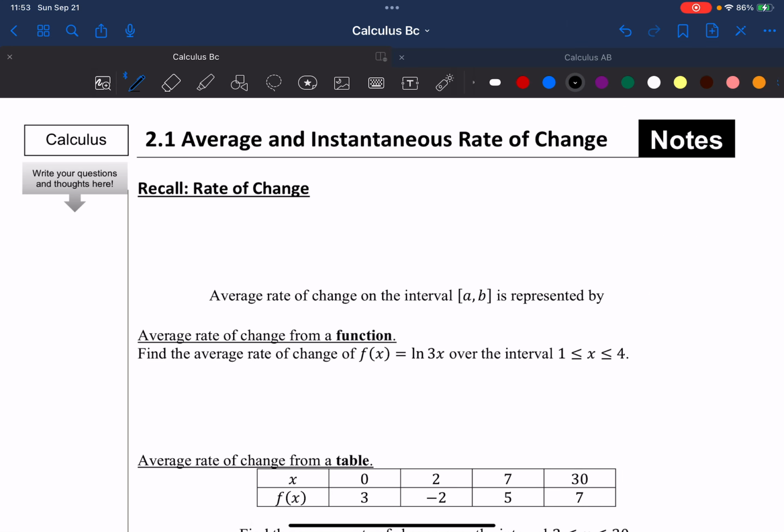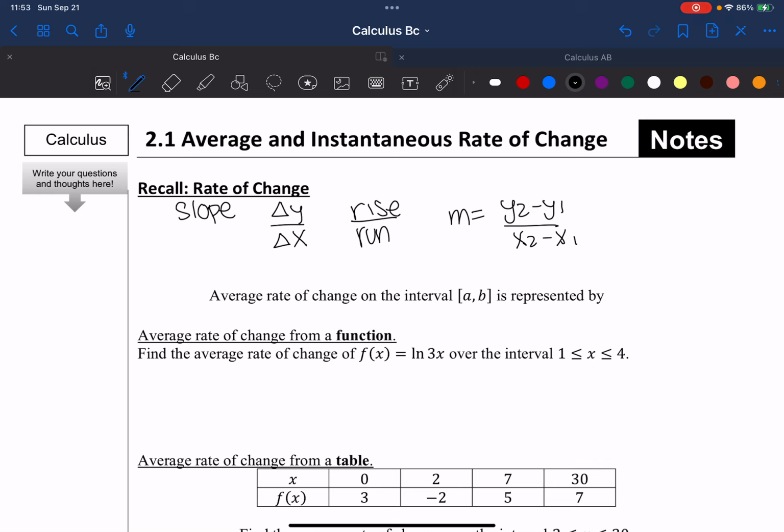2.1 average and instantaneous rate of change. So let's do a little refresher here. Rate of change is another way of saying slope. We can say slope is the change in y over the change in x. Looking at a graph, we often refer to it as rise over run. And then if you recall the slope formula, which is m is equal to y2 minus y1 over x2 minus